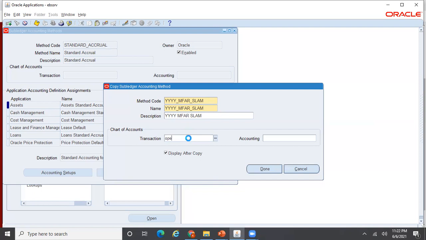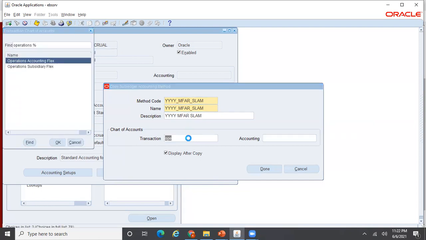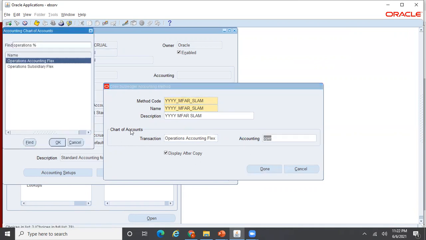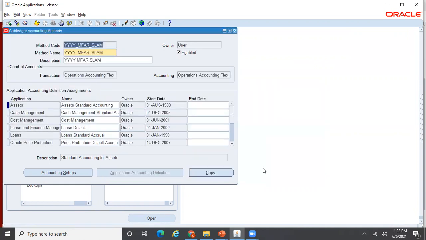The transaction chart of accounts is Operations Accounting Flexfield, and the accounting chart of accounts is Operations Accounting Flexfield. This will be my custom subledger accounting method.